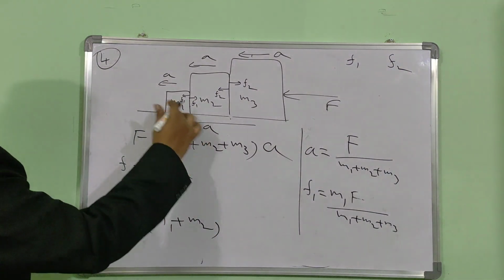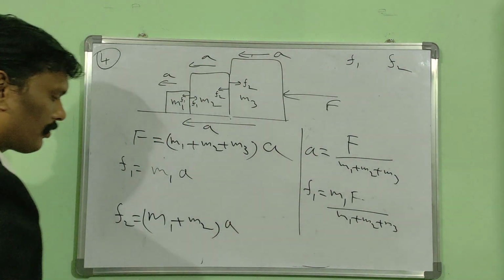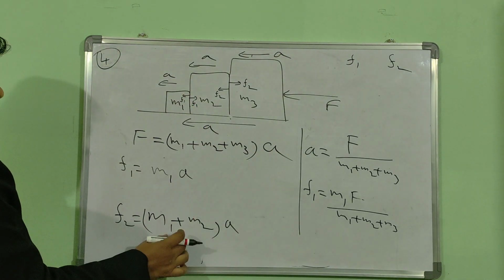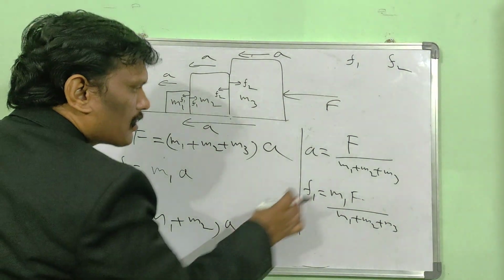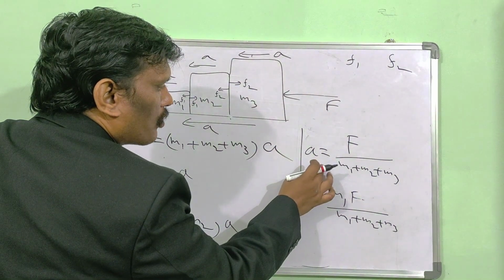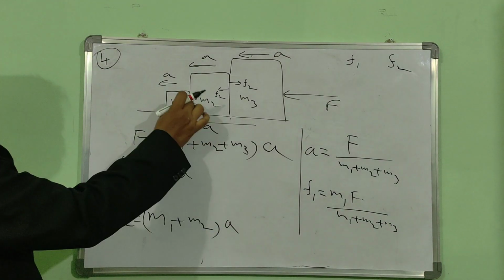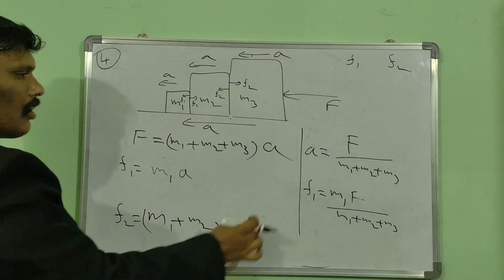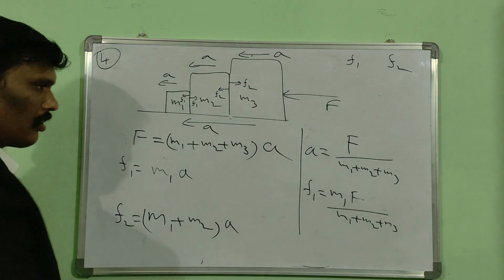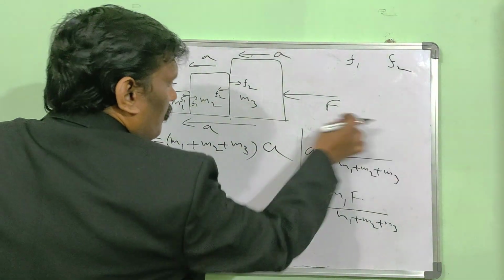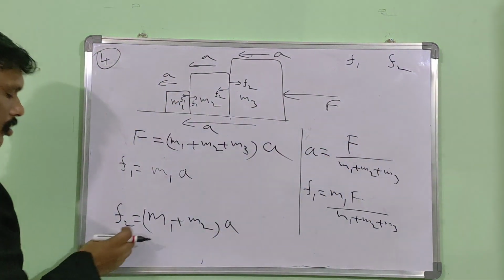What is the acceleration of the combined mass of M1 and M2? Same acceleration only. So take the M1 and M2 values and the acceleration value and substitute here. You are going to take the acceleration from here. Calculate acceleration by using this formula, substitute here, and take the M1 and M2 values from the figure or from the given data, of course, and take the acceleration from this formula. Substitute here, you are going to get the contact force